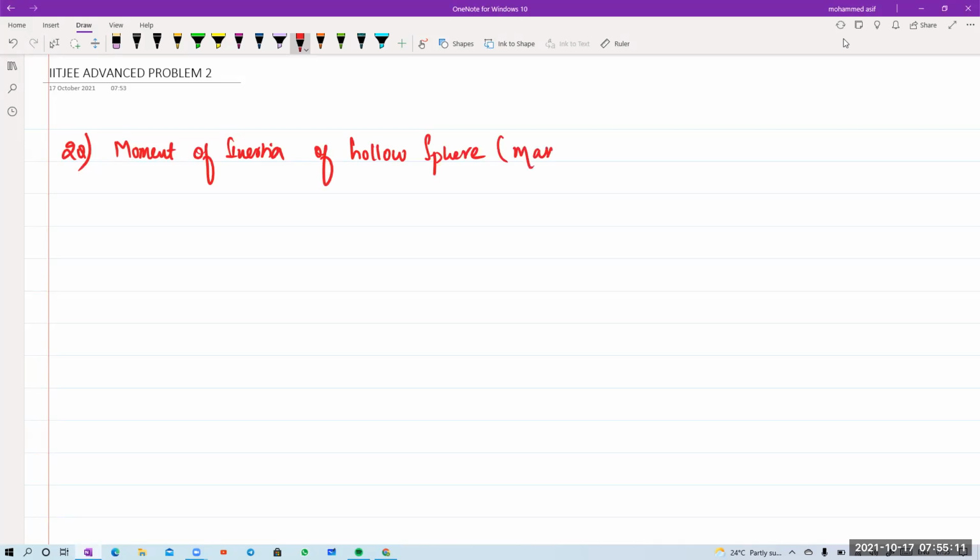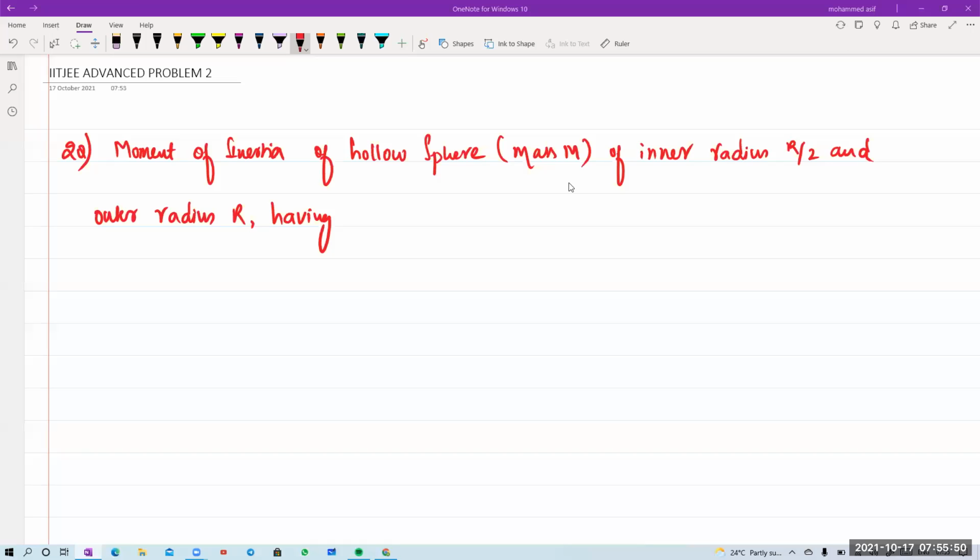Mass of this one is given as capital M, of inner radius r by 2 and outer radius capital R. Okay, the moment of inertia of a hollow sphere of inner radius r by 2 and outer radius capital R is